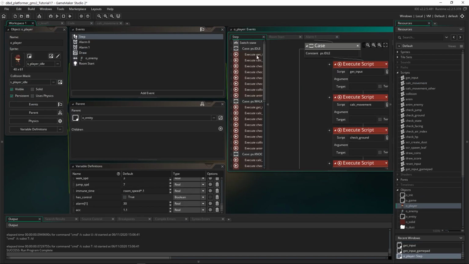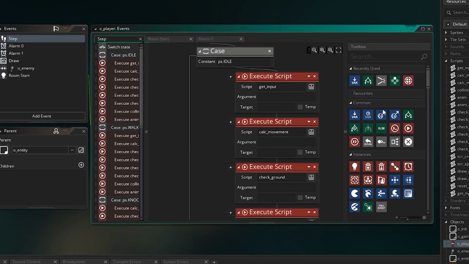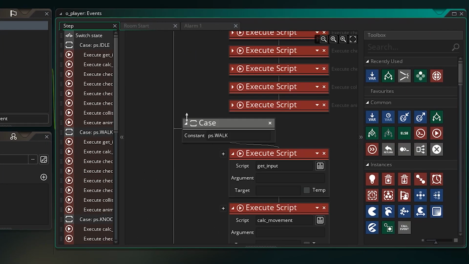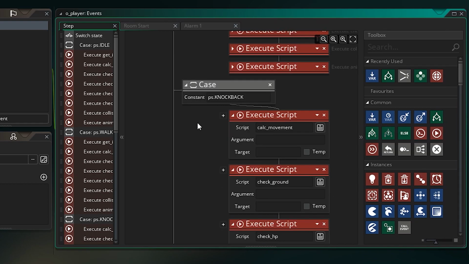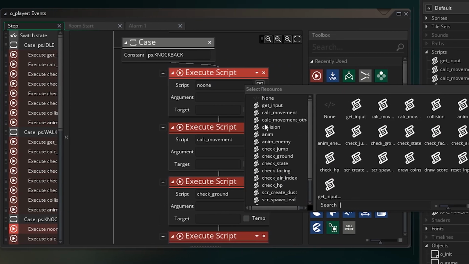So in our player, in our step event, and if we go down and look at our knockback script, we're actually using calc movement here. So because we're not capturing any input though, our H move stays at what it was when we moved into this state, and we continue to move forward. So we could either zero H move, or we could just use our reset script to do it. So let's just use our reset script,